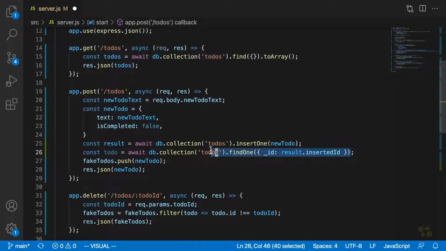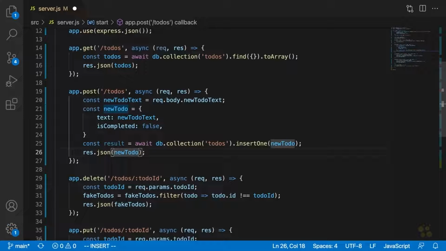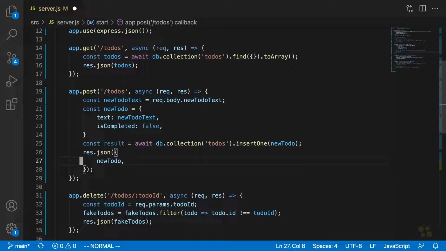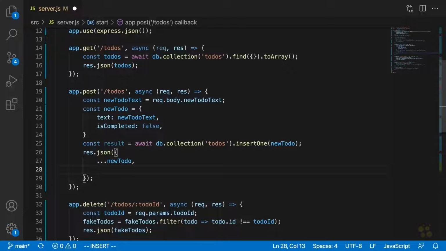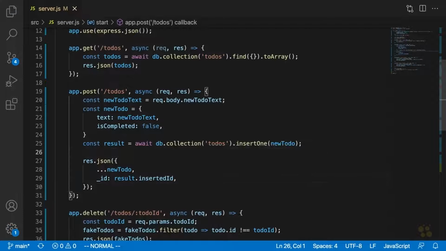But what I'm going to recommend you do instead, to avoid having to make unnecessary database operations, is just use that ID property, that insertedId, and send that back to the client along with the new to-do data. So here's what that'll look like. We're going to say newTodo, and we're going to use the spread operator to get all of the current attributes from it. And under that, we're going to add in the insertedId property by saying result.insertedId. Okay, and that will send back our new to-do with its randomly generated ID that MongoDB gave to it